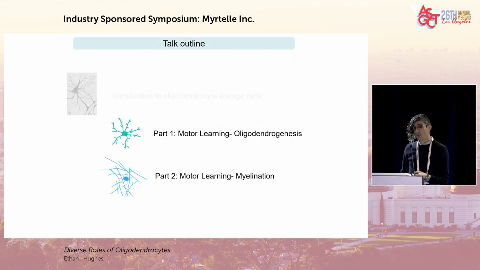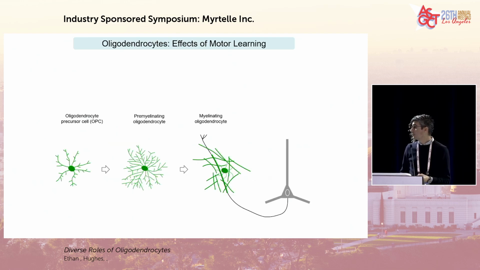And so now I'm going to move into this motor learning section of how does learning a new motor task actually modulate the formation of new oligodendrocytes. And as I mentioned, this process is a dynamic process, starting with oligodendrocyte precursors and moving through the stereotyped differentiation process to form new myelinating